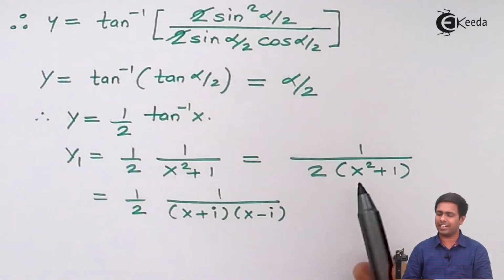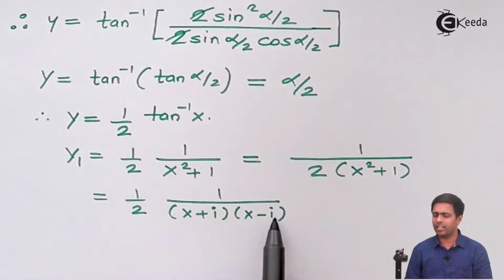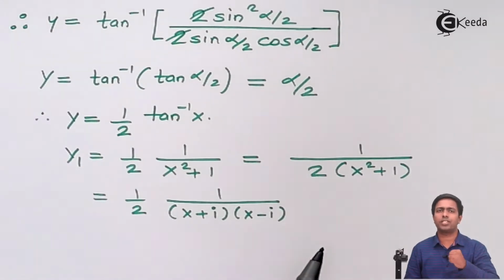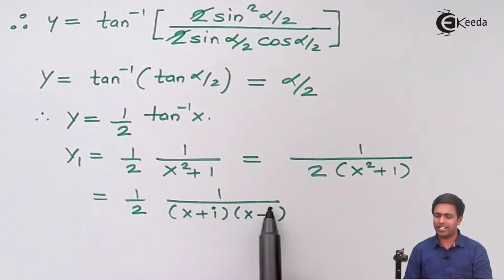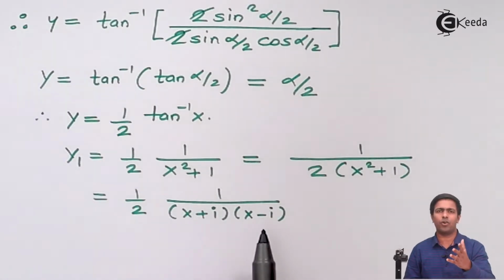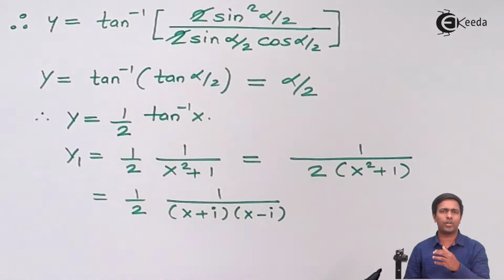So we are again getting this term. So we got the linear factors, but we have to separate the linear factors to find out the nth derivative. To separate the linear factors, either you can apply the formula of partial fraction or you can do it by the adjustment method. I've already shown you the adjustment method in the previous videos, so we'll apply the same method over here.